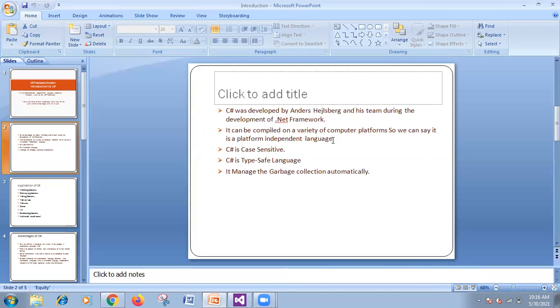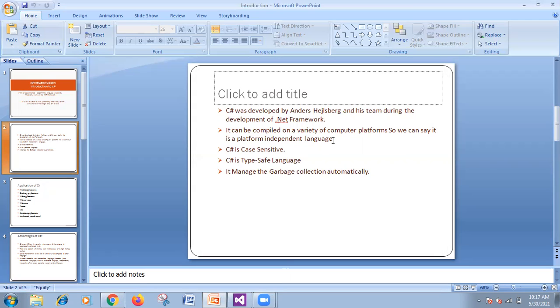So what is platform independent? Platform means the OS you are using on your laptop to develop the C Sharp program. Suppose I am a programmer and I mostly prefer the Windows OS, so I am developing a C Sharp program on Windows, and there is another programmer who works on Mac or Linux.